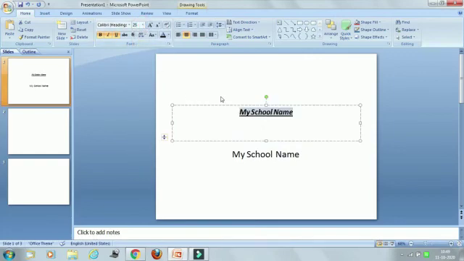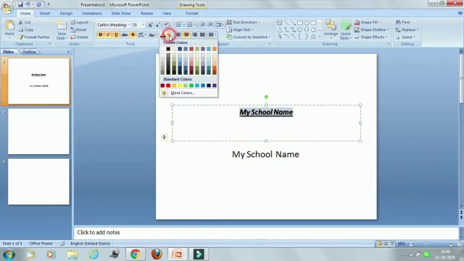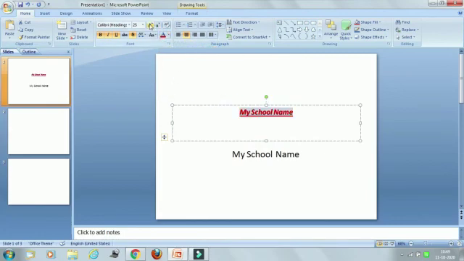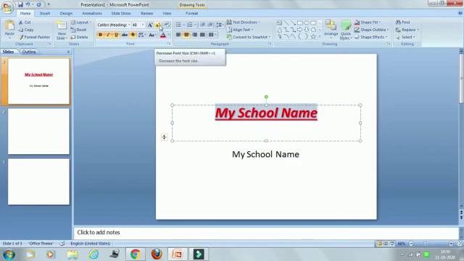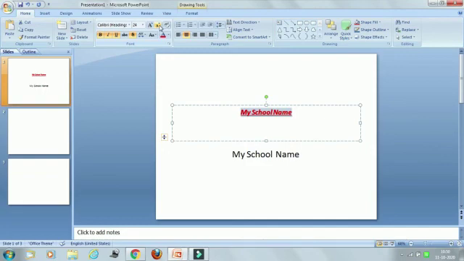Okay, then shadow. Here is the shadow in the Font group only. Shadow means which adds a shadow effect to the selected text like this. Okay, then we have font color. If you want to change the font color, just select the text and you can change the font color like this. Okay, and you can see these two triangular buttons. This means if you want to increase the font size, you can click, or if you want to decrease the size, you can decrease like this. So these are increase or decrease font size.